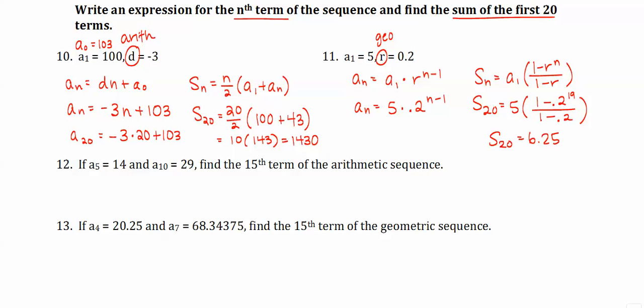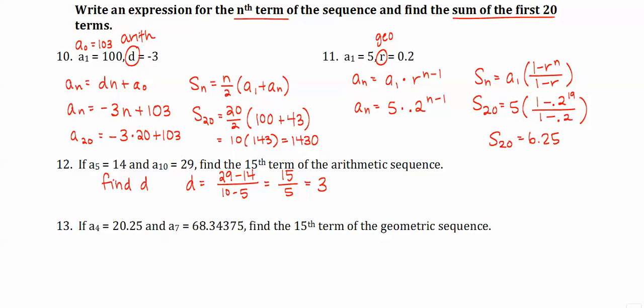The next two problems, again, are similar, except one is arithmetic and one is geometric. So we have to approach them differently. For each problem, we're given two terms in the sequence and asked to find the 15th. Now, with the arithmetic sequence, what's important is that we find D, which is our slope. So we're just going to basically use a slope formula. D should be the difference between the terms, so 29 minus 14, over the difference in the term numbers, which is 10 minus 5. So it changes by a value of 15 over 5 terms,